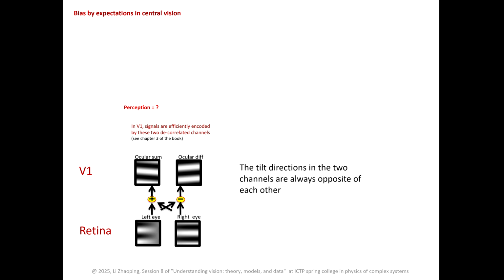Across different trials, the tilt in the summation channel can be clockwise or anti-clockwise, randomly and equally likely. The visual inputs are made in such a way that the gratings in the summation and the difference channels have the same contrast. So if these contrasts determine the outcome of the rivalry, then we expect that in about half of the trials, the reported tilt direction is from the summation signal.